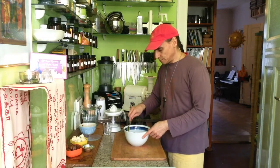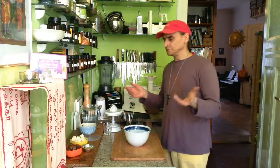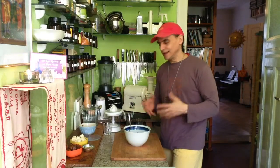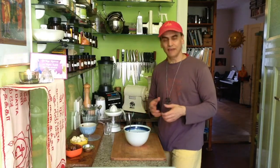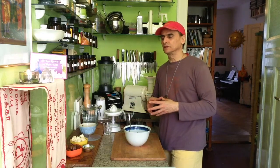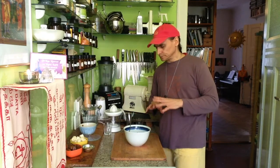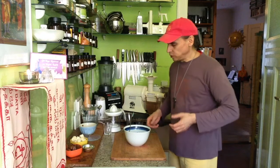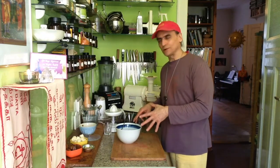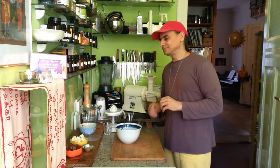So nuts are an amazing snack, and when I heard that news, I was so delighted because now I can snack anytime. If I feel like a little snack or I'm hungry, I just have a handful of nuts. They have to be pure, of course, not with any extra oils, or fried or roasted or so. Just plain nuts. So this is my snack, the salted walnuts, and I will cover them in the